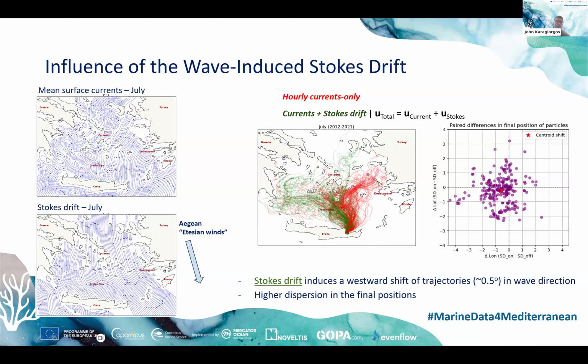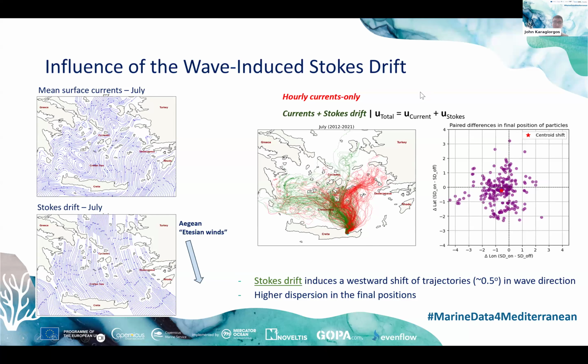have a southward direction that is closely related with the Etesian winds, which persistently blow from the north during summer in the Aegean, and create strong surface waves and the associated Stokes drift. So, adding the Stokes drift velocities in